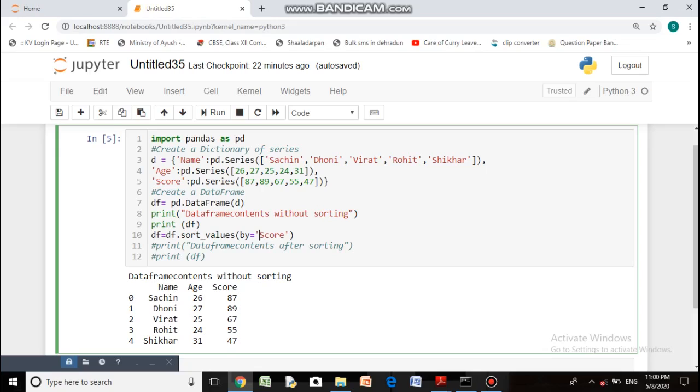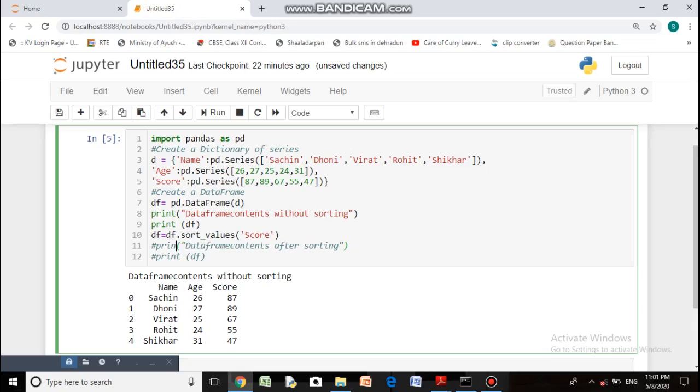Alright, and then the next, and similarly this will display all the scores in ascending order. So here sort underscore values, this is the function that we are using for sorting, and by equal to score. Score is the column. Now you can use it without by, that is also allowed. No need of writing by is equal to score.